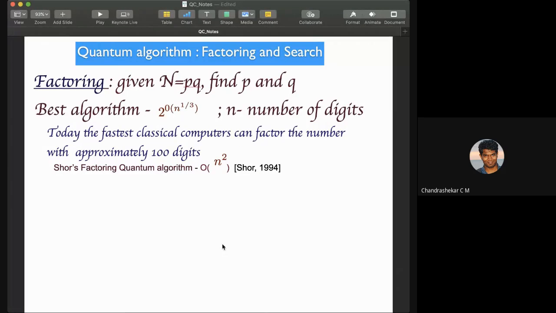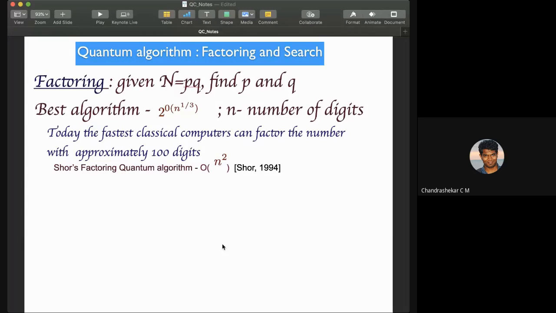So I can say the two important algorithms which defined the root of quantum computers itself are the factoring and search algorithms. Shor's factoring algorithm is one of the algorithms, first proposed in 1994. It's very complicated, and it took many years for Shor to develop, and then for people to verify and understand the real importance of it. What it says is that if you have two prime numbers and you combine them, you get a number, right? So finding the prime factors of n, given n, finding p and q, is the most complicated